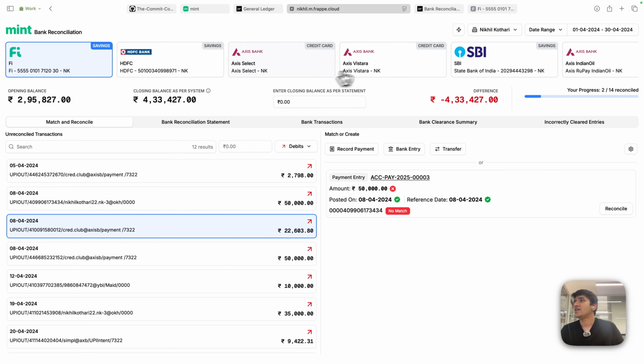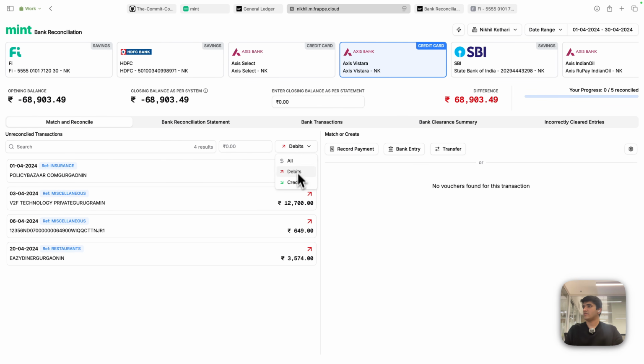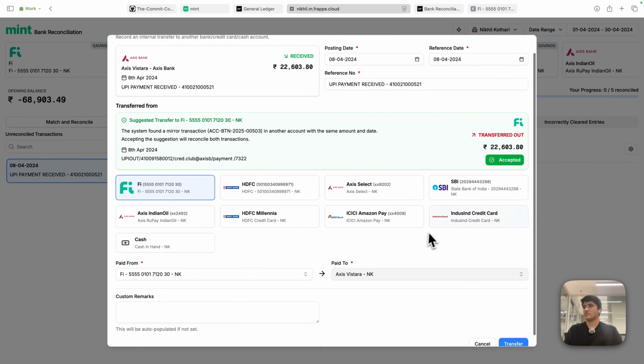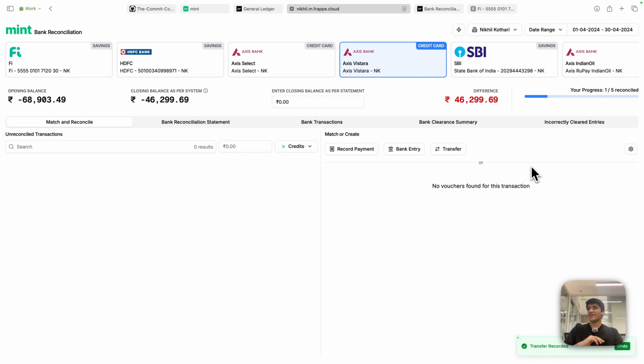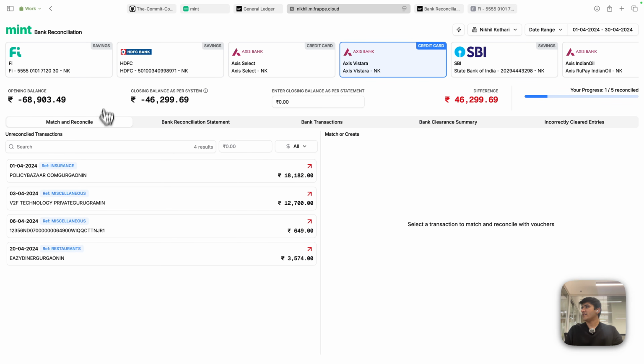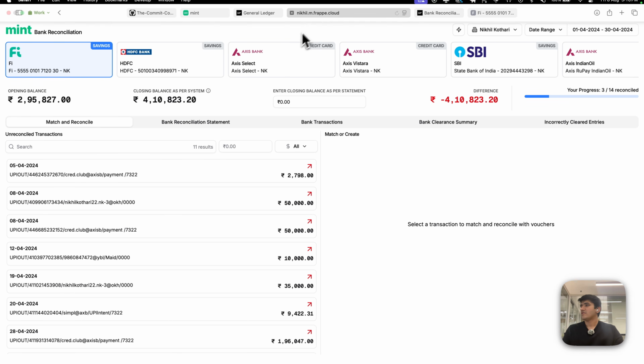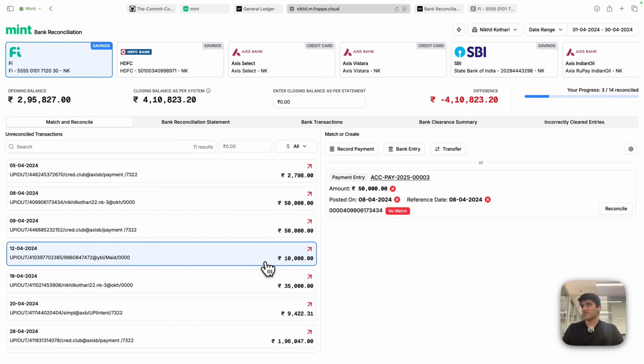If I go back to Vistara and credits, transfer, I'll accept the suggestion, it sets up the account, I'll hit transfer. Now I've transferred, and if I go back to FI, I'll have to refresh, and that transaction is gone now. So it's already reconciled. I might have to add logic where if you change bank accounts, it refreshes the unreconciled transaction list just for that case. But because we cache everything heavily, but anyway,